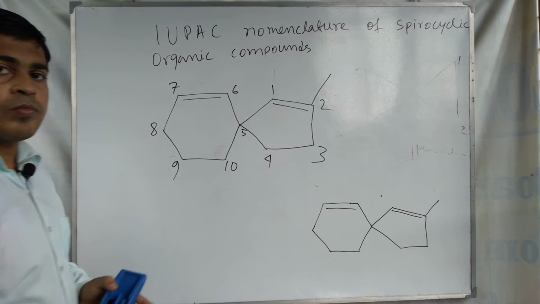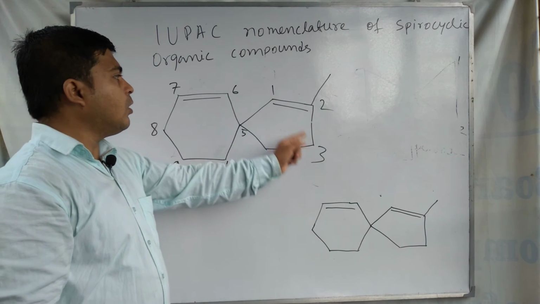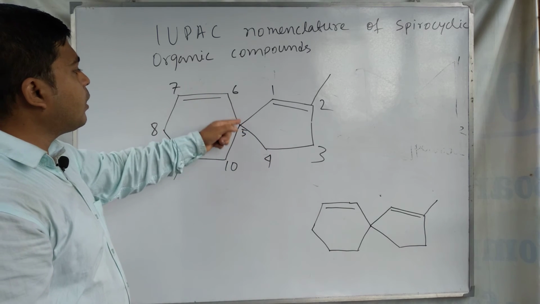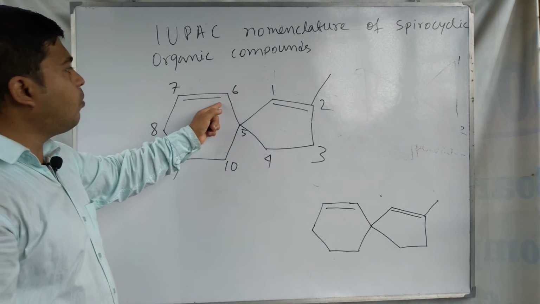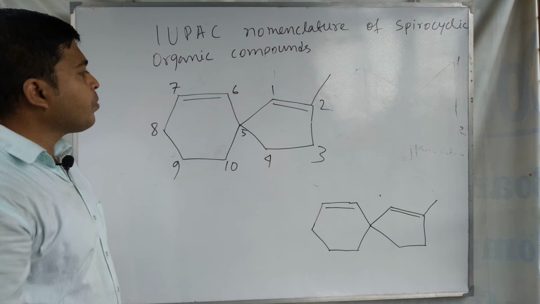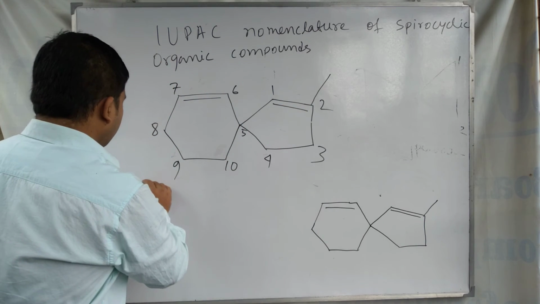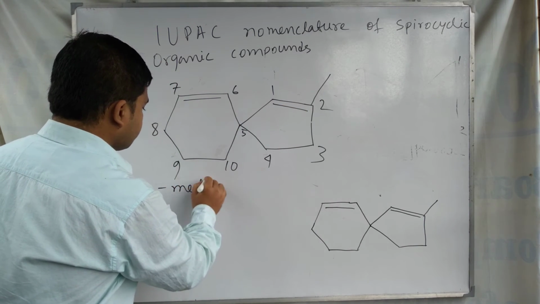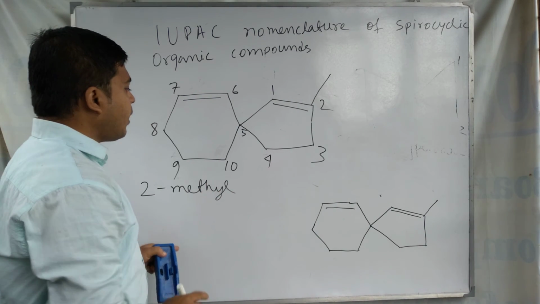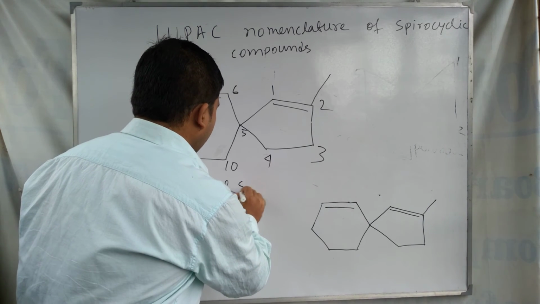Similarly, we have to number the lower, shorter ring first, and after that the larger ring. Here we are counting 6 here because the double bond is present at this position, so the counting should be like this. And for the IUPAC name, the 2 position is occupied by a methyl group, so we have to write 2 methyl. After 2 methyl, we have to write spiro,